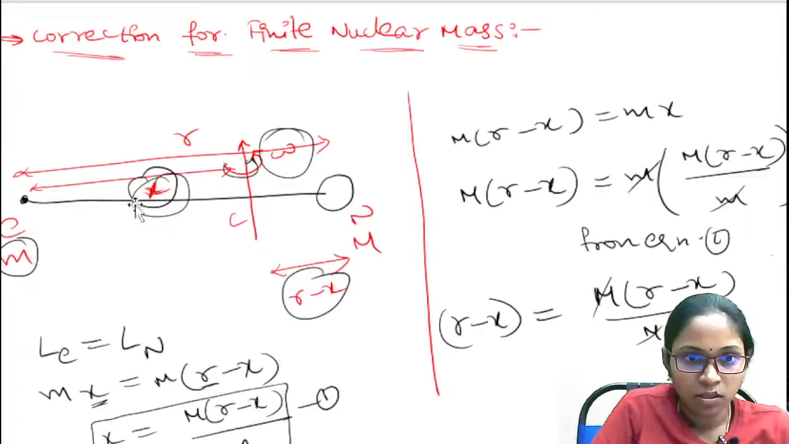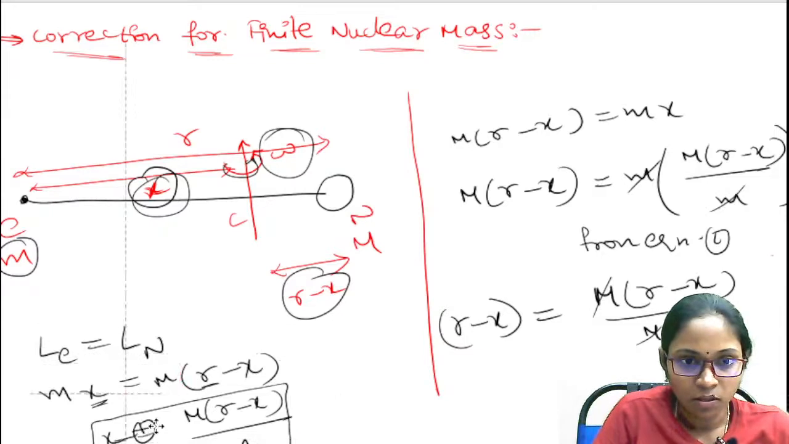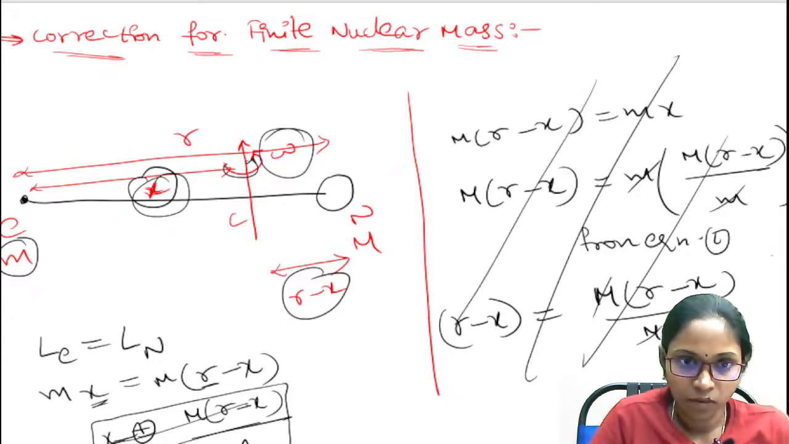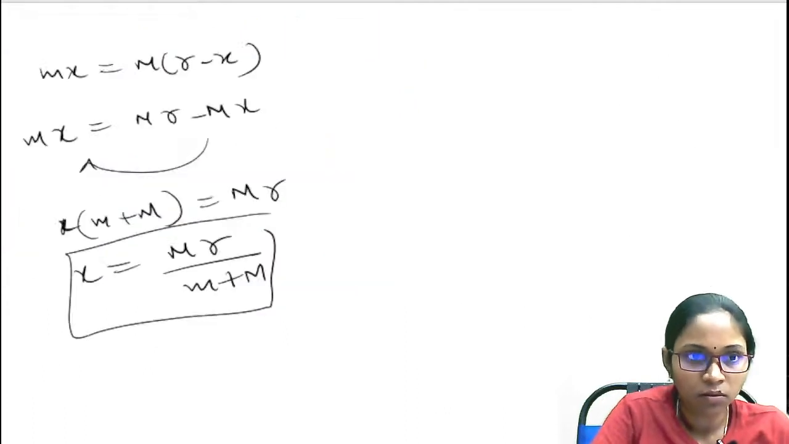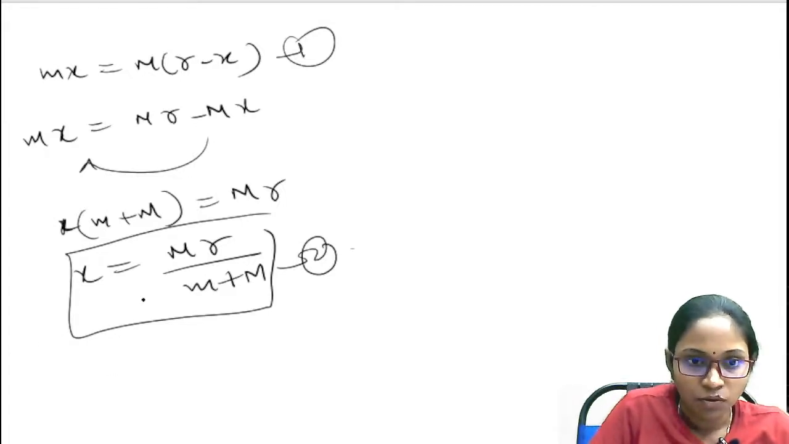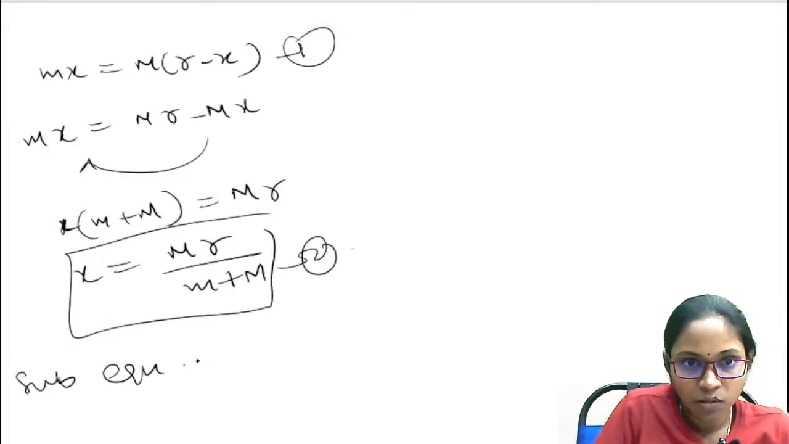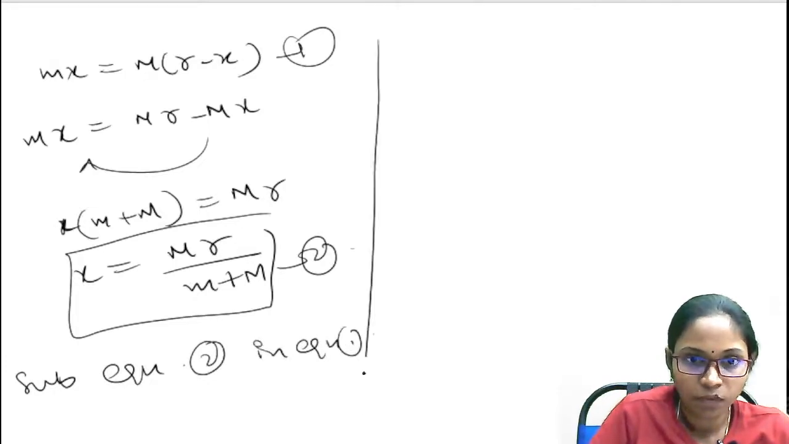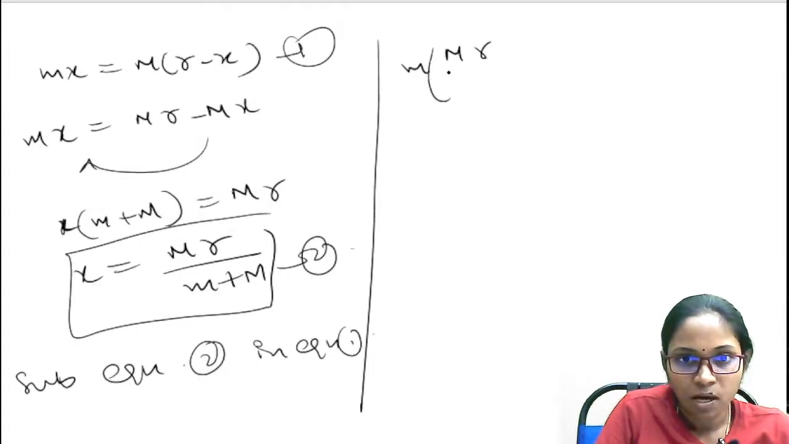Okay, and this is equation number 1. This is equation number 1 and we have equation number 2, and you just substitute equation number 2 in equation number 1. Okay, therefore this m into x, what is the value of x? We have value of x is M r by small m plus capital M, which is equal to capital M times